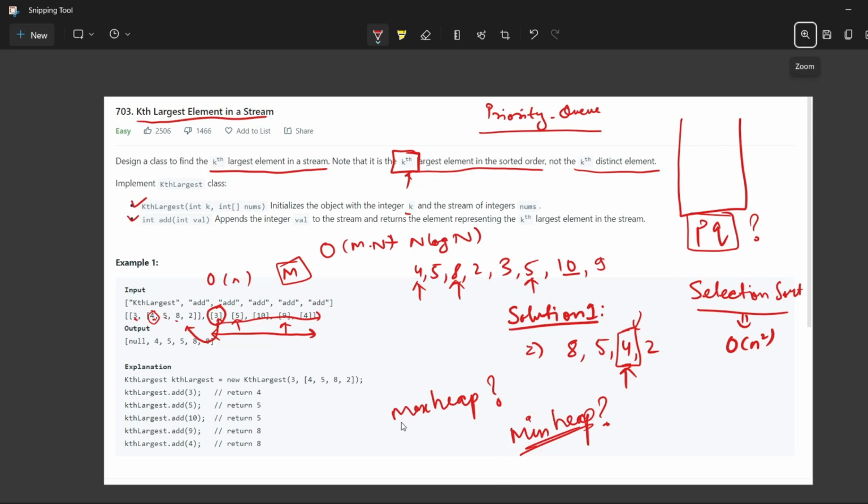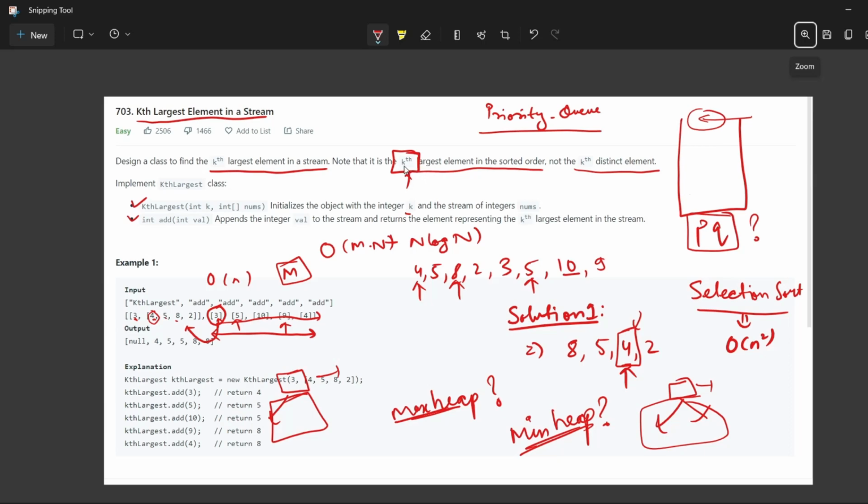You have to understand what a max heap is. A max heap is the data structure where the element at the top is the maximum among all elements, and a min heap is the heap where the top element is the minimum among all other elements. So here, what do we need, a maximum element or a minimum element?